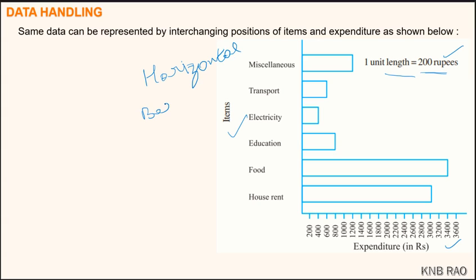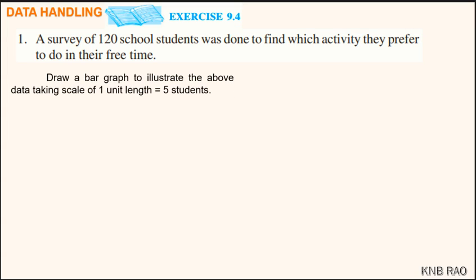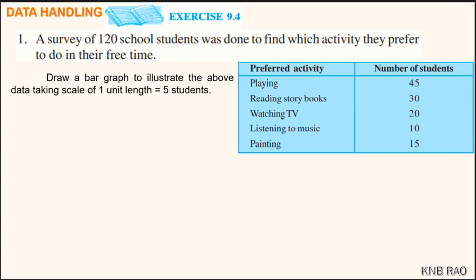Horizontal bar graph. Now, students, let us discuss the questions from exercise 9.4. In exercise 9.4, question number 1, a survey of 120 school students was done to find which activity they prefer to do in their free time. Now, we will draw a bar graph to illustrate the above data, taking a scale of 1 unit length equal to 5 students, and here is the